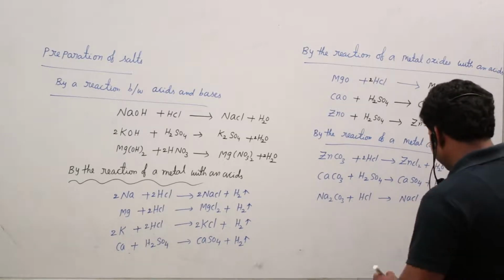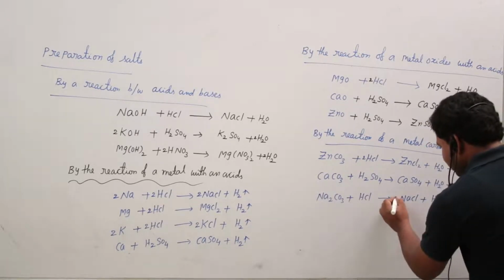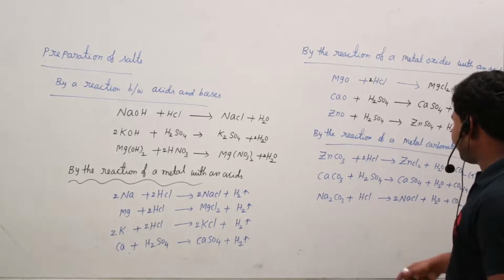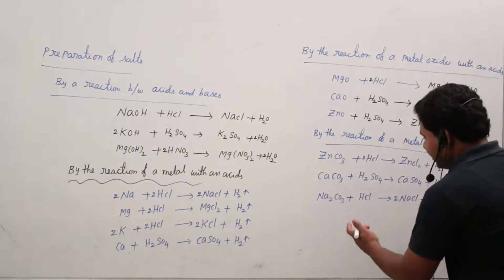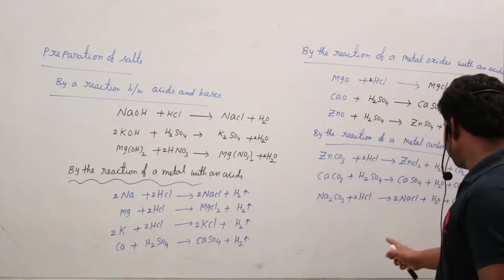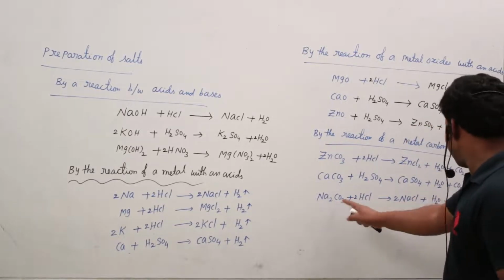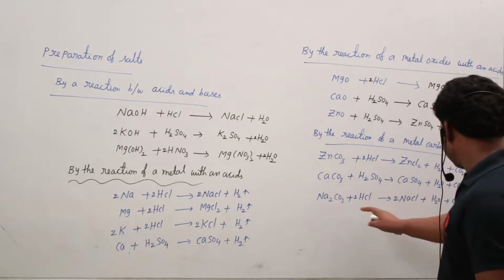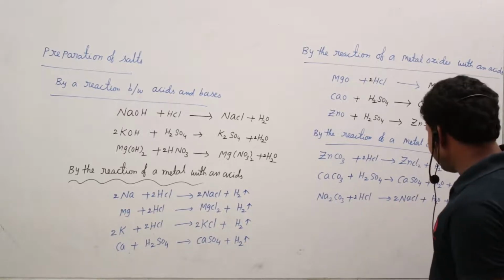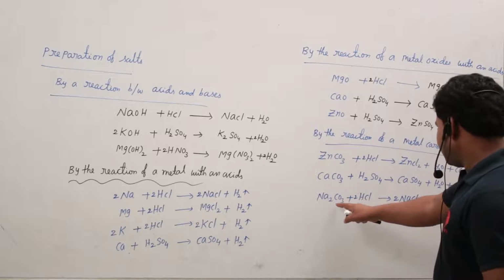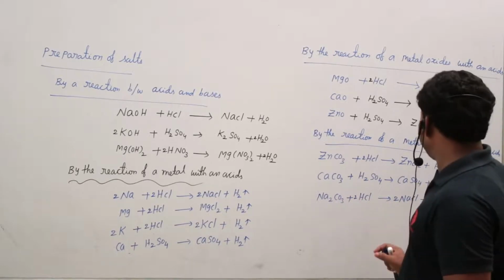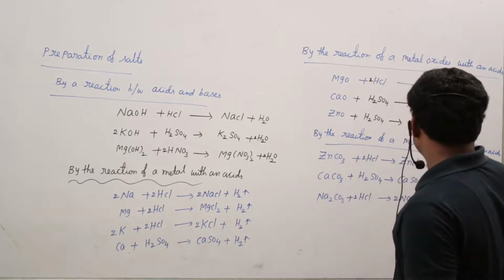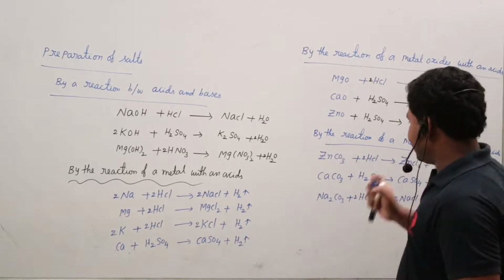2 moles of sodium, so 2 times sodium. Now we take sodium chloride in front, 2 sodiums are balanced. 2 Cl, HCl in front of, now we take 2, 2 Cl balance, 1 carbon is balanced, 3 oxygens, 1 plus 2, 3 oxygens are balanced, next one, 2 hydrogens balanced. Now the total equation is balanced. This is the important preparation of salts from metal carbonates with acids.